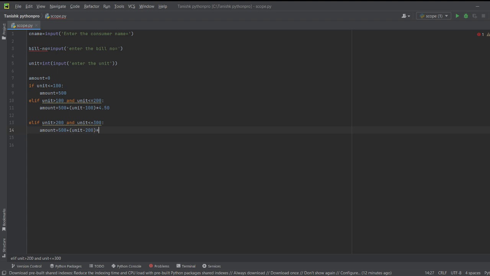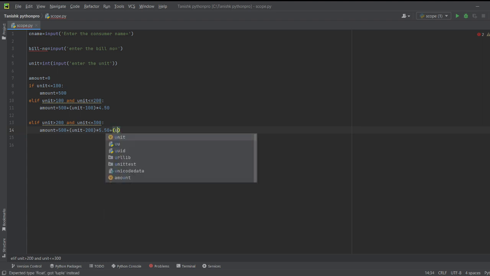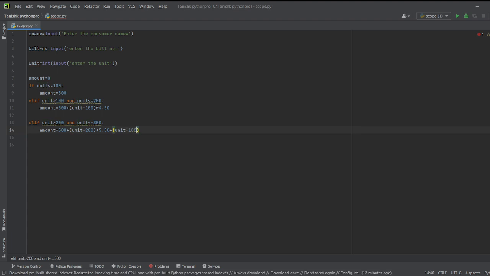Now see the 5.50 plus unit minus 110 into 4.50. Okay, so now next line, else